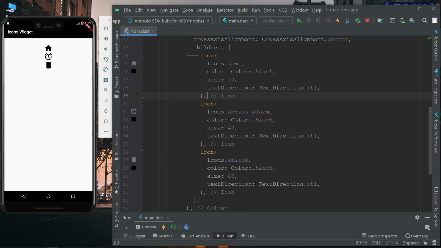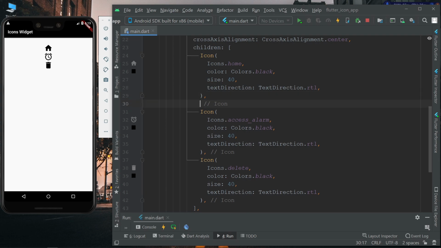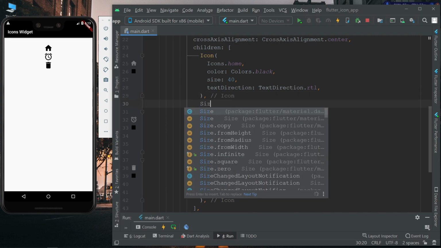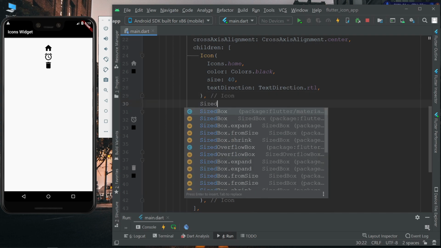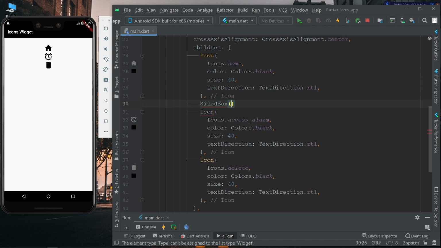If you want some space between these two widgets, you can use another widget, that is SizedBox. Inside that, if you want space vertically you can use the height property, and if you want space horizontally you can use the width property.